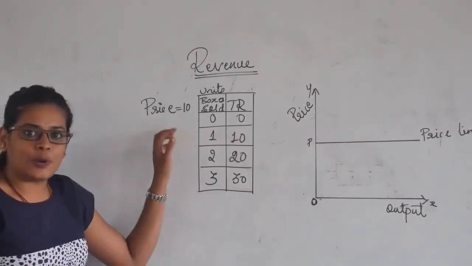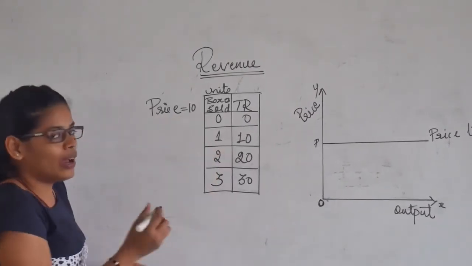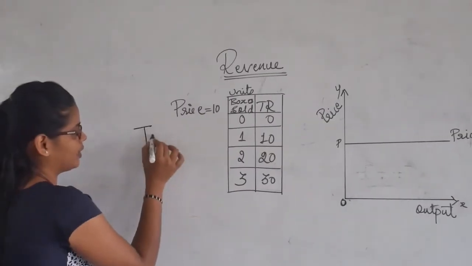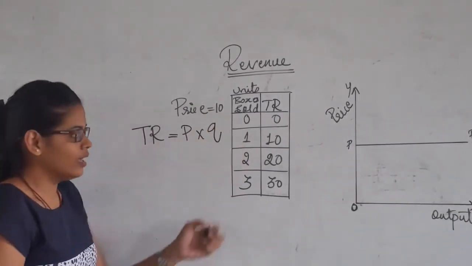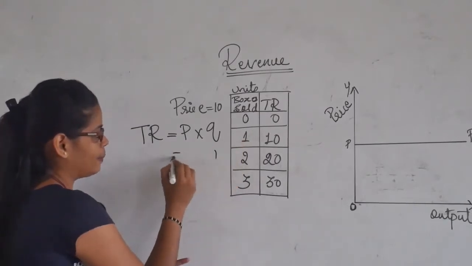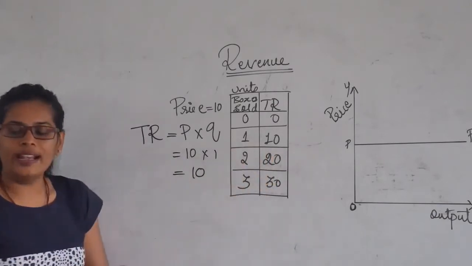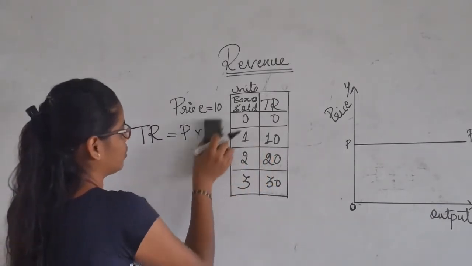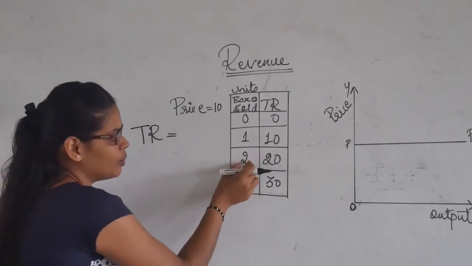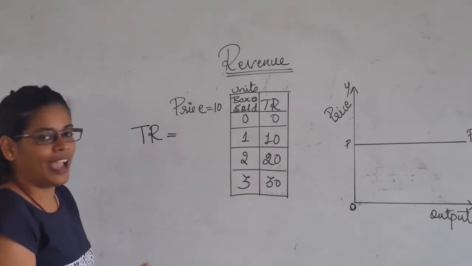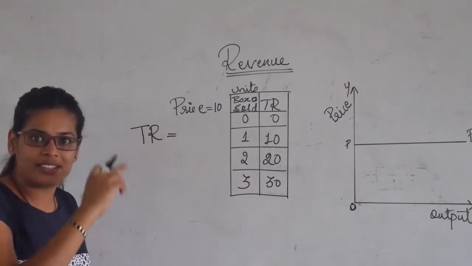And when it decides to produce 1 unit at price 10, how are we going to calculate the total revenue? Total revenue is nothing but the price into the quantity, right? So quantity is 1 and the price is 10. So the total revenue becomes 10, right? So when it increases its units to 2, it becomes 20, right? Here the price being 10 constant, we have seen that the curve was an increasing straight line,